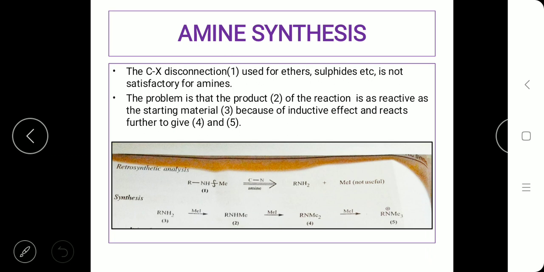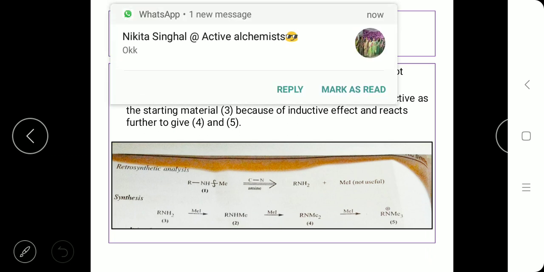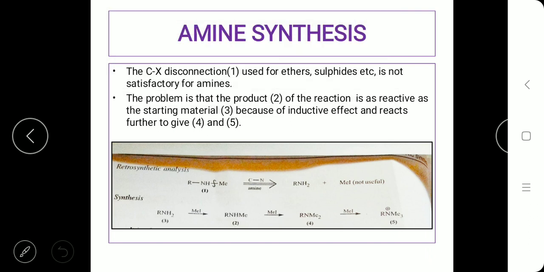The C-X disconnection used for ethers, sulfides, etc. is not satisfactory for amines. The problem is that the product 2 of the reaction is as reactive as the starting material 3 because of the inductive effect, and this reacts further to give 4